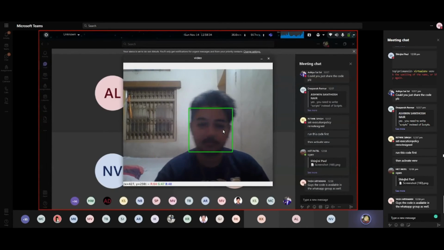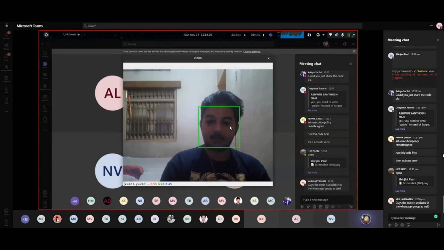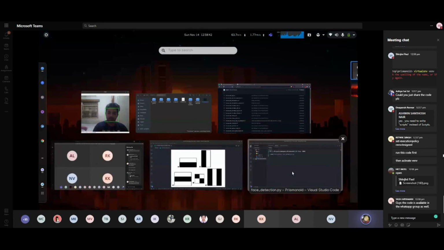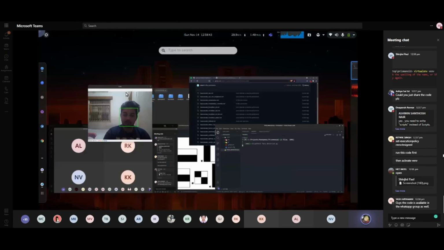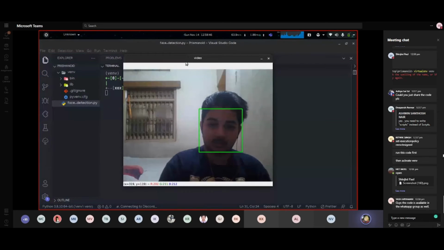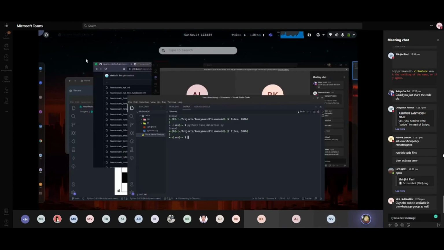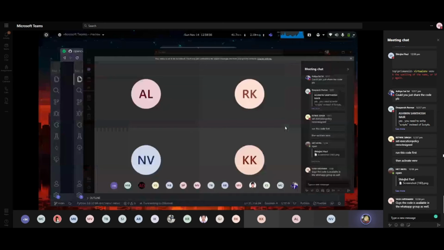There's a bounding box around my face, and if I press Q, which you'll see, I'll press Q now. Yeah, it stopped. So there you go. That was our face detection.